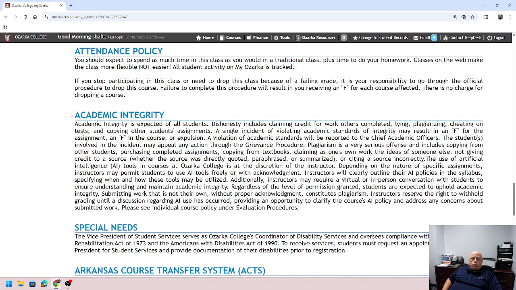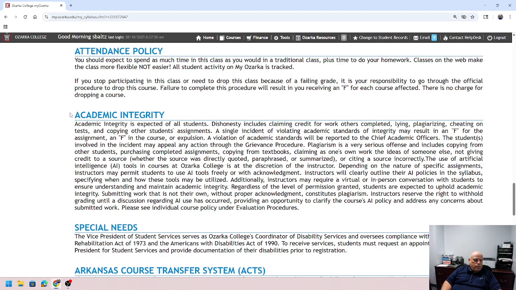All right. Another very important item on the course syllabus that I want you to carefully read through is the academic integrity section. This basically outlines what academic integrity is and the things that students could do to violate that academic integrity policy. So carefully read through it. Let me know if you have questions, and I will be looking closely at any kind of academic integrity violations. And that includes letting AI do your work for you and just submitting what AI gives you as answers to questions,